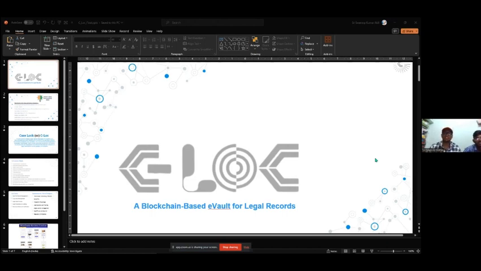If you are familiar with law records, you would already know that every law record is separately kept in a physical file, which is not safe and not efficient in this day and age of digital technology. So we are coming up with a solution for a digitalized, decentralized law record management system, that is C-lock, short form for case lock. It's a completely blockchain based one. We'll be explaining it right now.